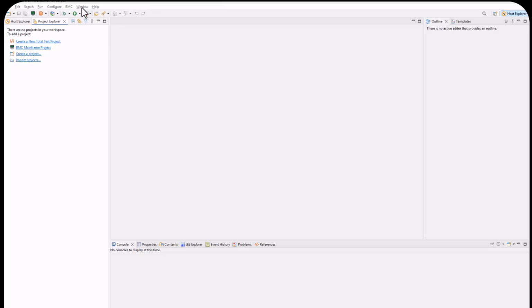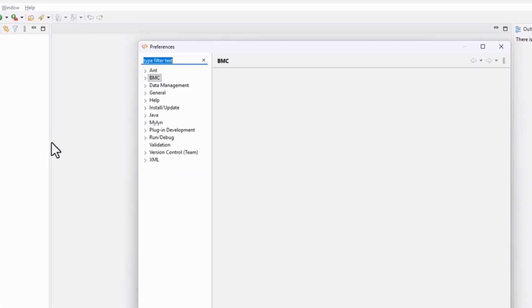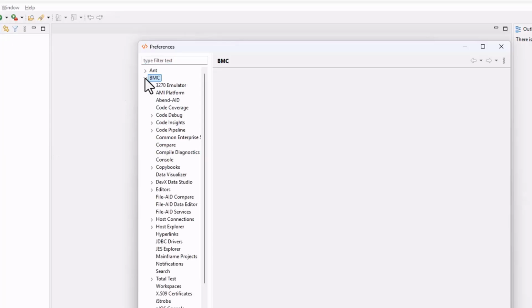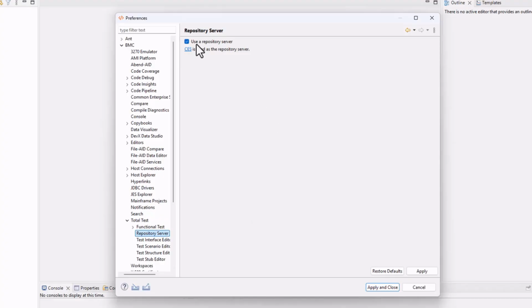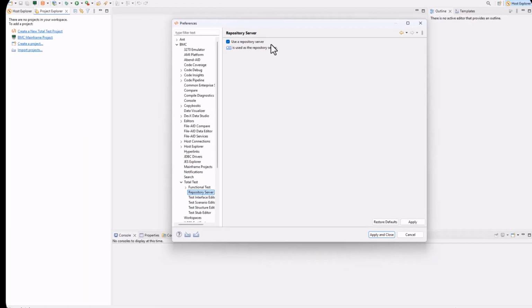Once in there, navigate to Window, Preferences, BMC, Total Test Repository Server. And you need to uncheck this User Repository Server checkbox and click Apply. If the checkbox is already unchecked, you need to check it once, click Apply, and then uncheck it again and